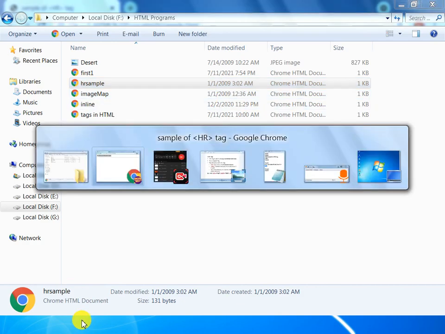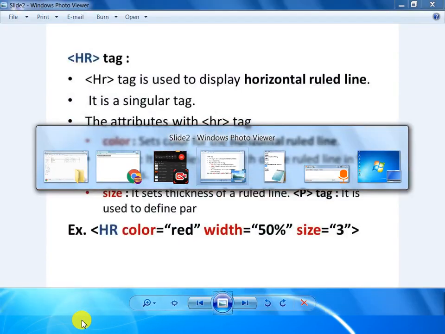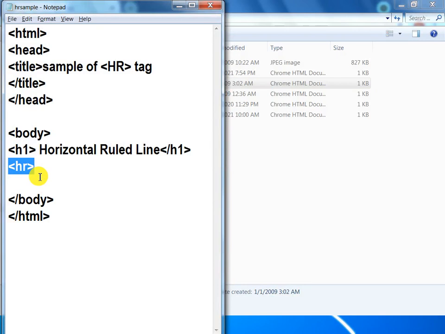Let's apply the multiple attributes. How to define an attribute? In a tag there are multiple attributes. First one is color equal to double quote open, double quote close. We will pass the value of this attribute later.